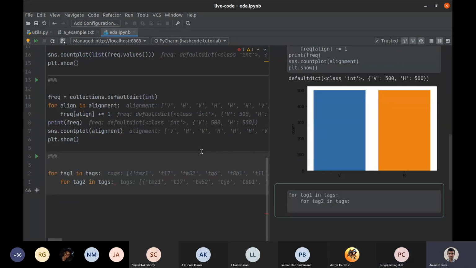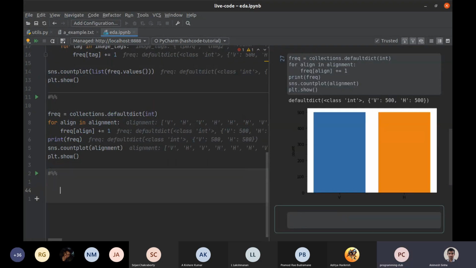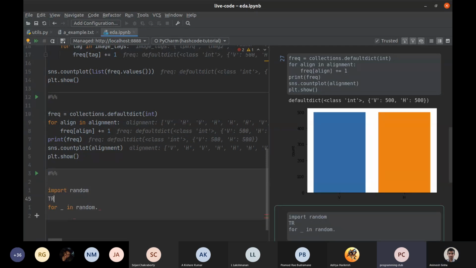Just pick two random images, I guess. Or pick all pairs, I remember. Okay. So basically, you want me to do something like, we'll import random. Just range.